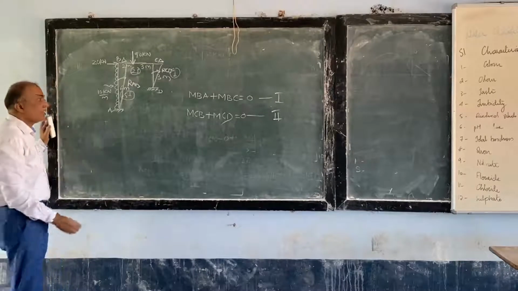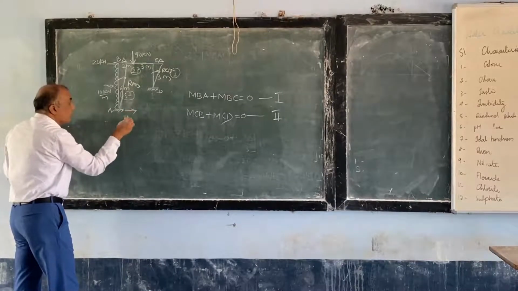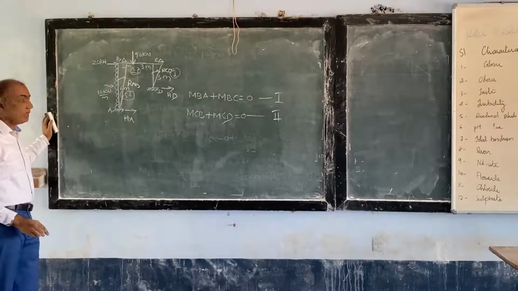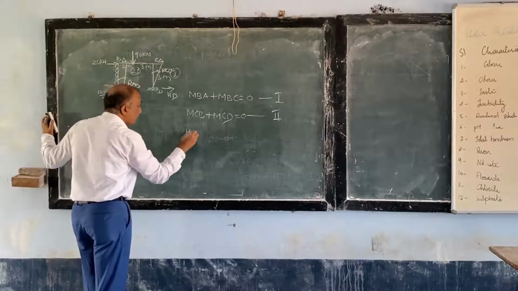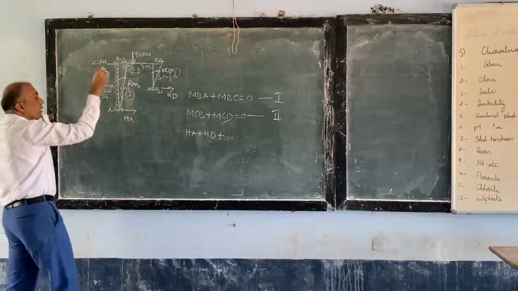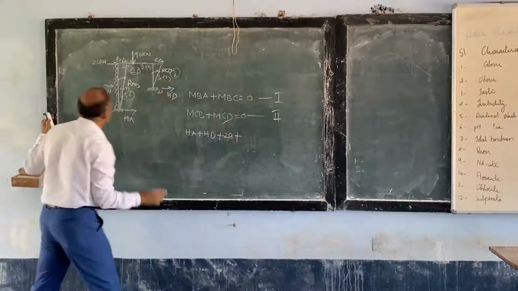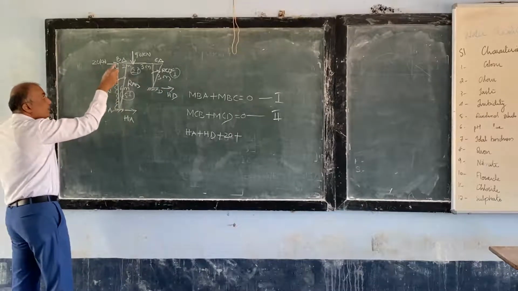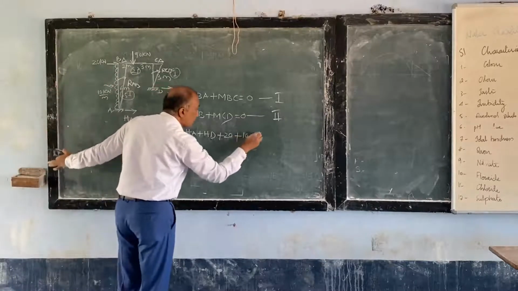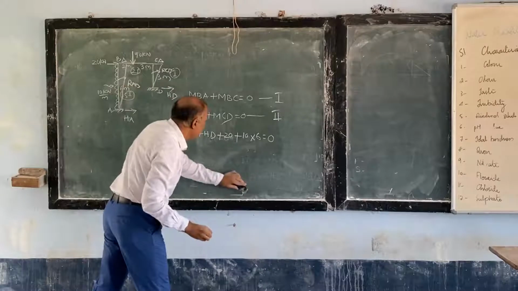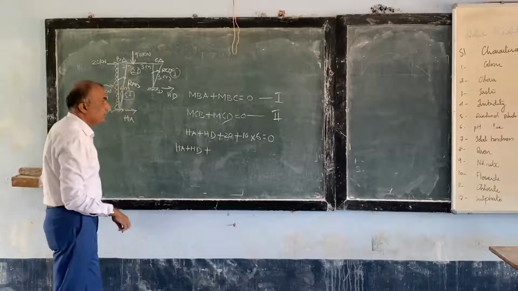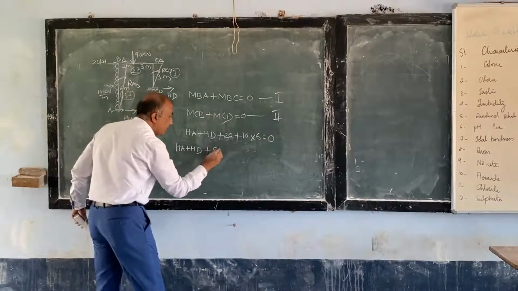Third condition, sigma H equal to 0. You call this the horizontal reaction at A and this the horizontal reaction at D. The third condition is HA plus HD plus the total UDL, how much? 20 on the right side, plus 10 into 6 plus 10 into 6, is equal to 0. Or you can write HA plus HD plus 10 into 6 is 60, plus 20, 80, equal to 0.